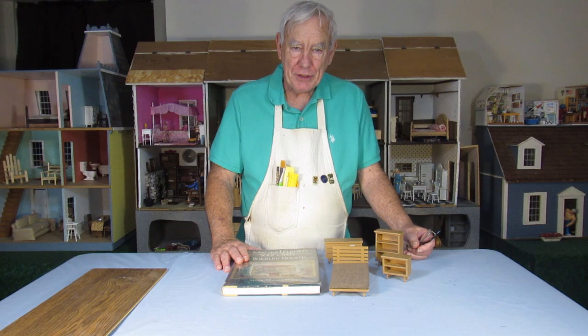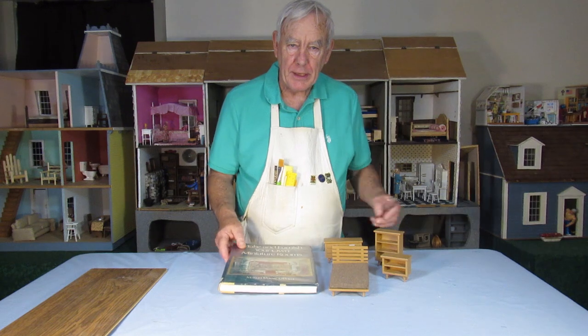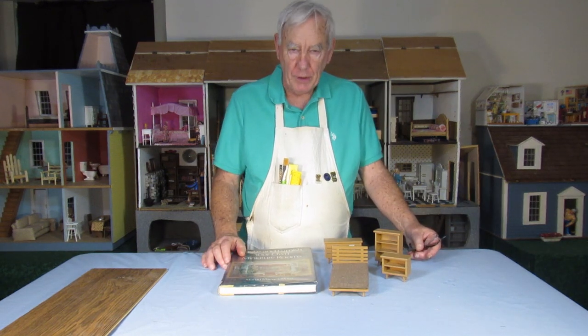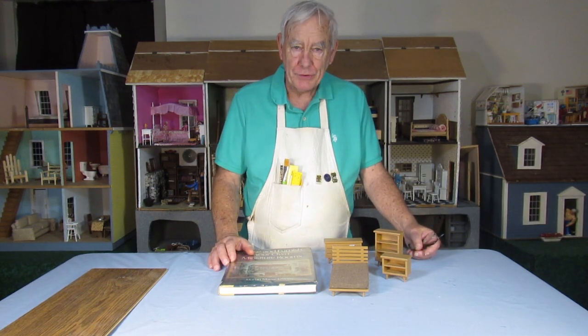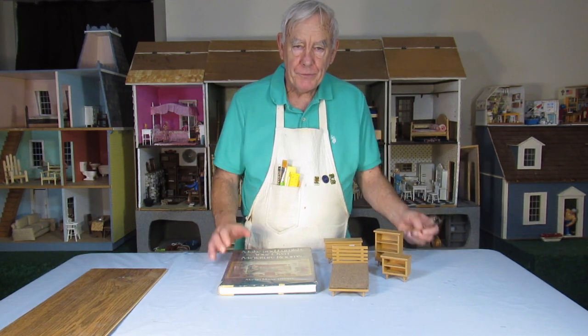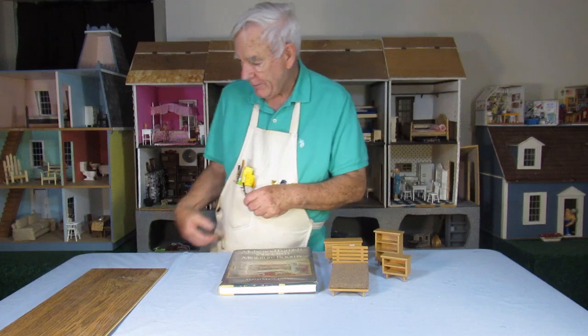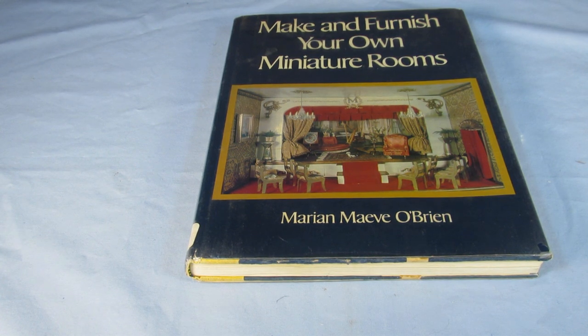So let's get to the task at hand, which is to preview this book and the ideas that it has as we set out on the mission to build a room box from scratch for this furniture that I found. So when I decided to build my own room box from scratch, I thought I'll look in my library and see what information I have about it. And I found this book,